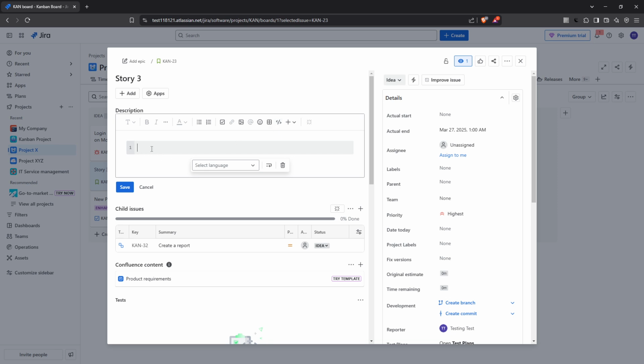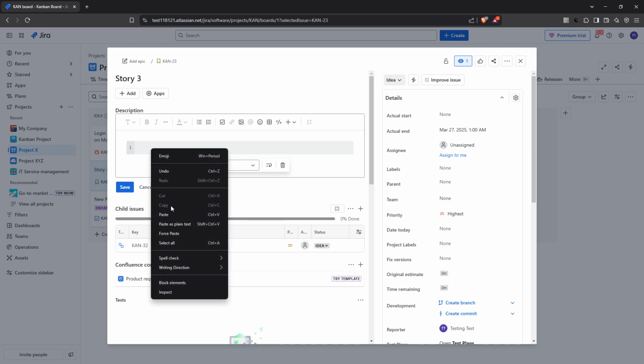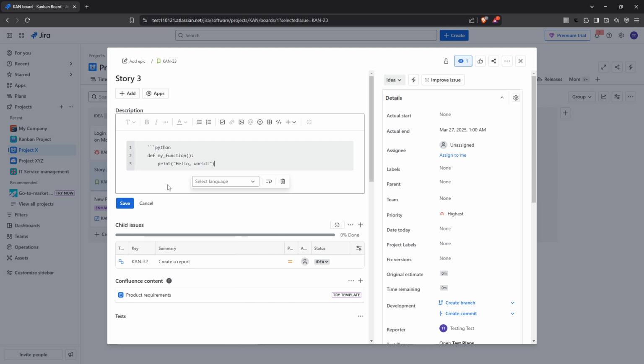Once you've clicked on the code snippet icon, it's time to paste your code. Make sure you copy exactly what you intend to include, as formatting can be quite particular with code. Paste your content into the designated area. If you're dealing with a particularly large block of code, it might be worth it to double check that everything has pasted correctly. Finally, don't forget to click on the Save button to secure your changes to the description or